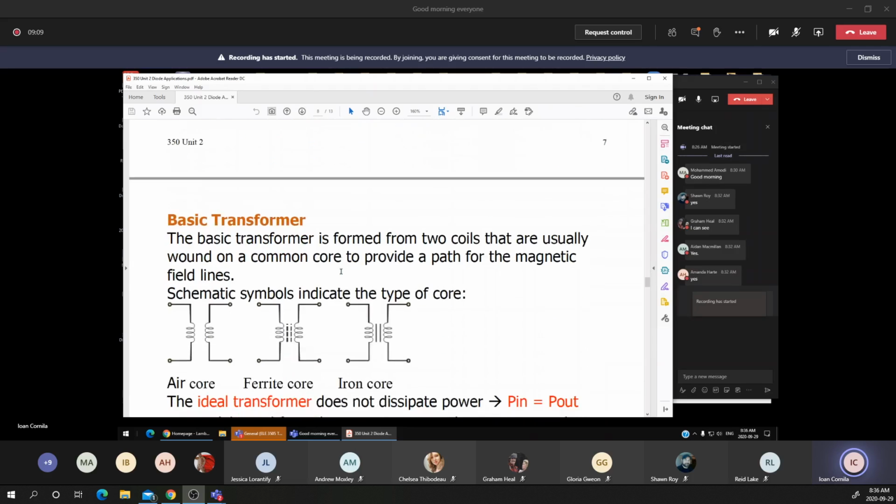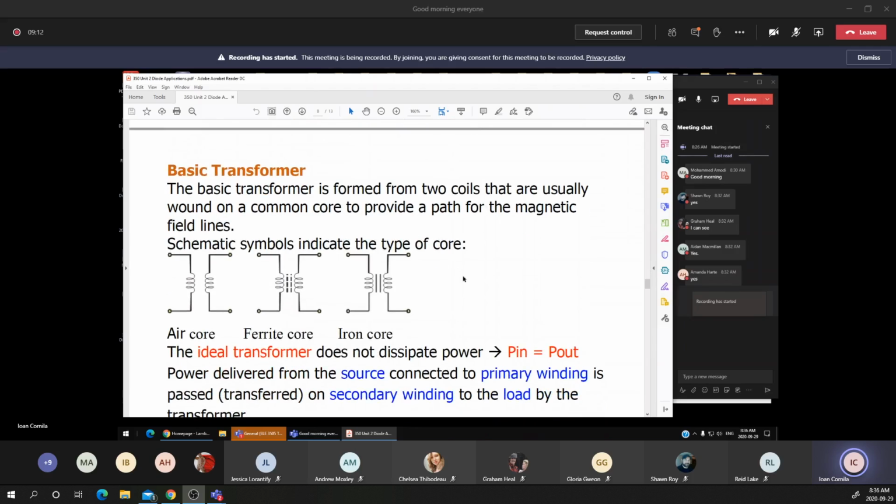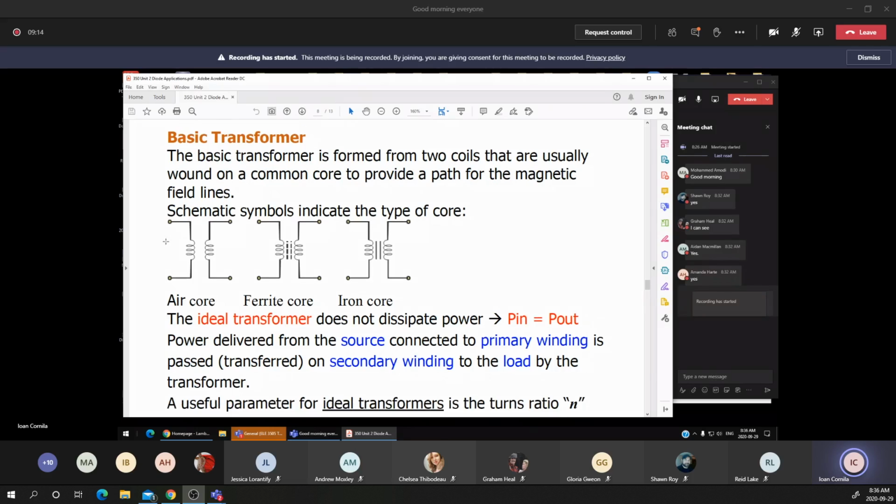Now let's have a look at those diagrams. Firstly, you notice the three main parts of a transformer. Basically, a transformer has the input, one of the windings, connected to a voltage source. Another winding is connected to a load resistance. We may have three different cores: the air core, the ferrite core, and the iron core. Now, to make